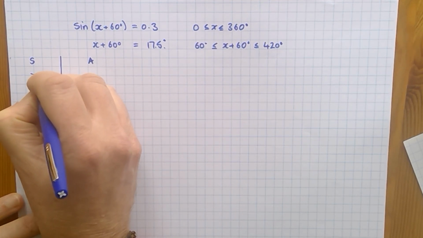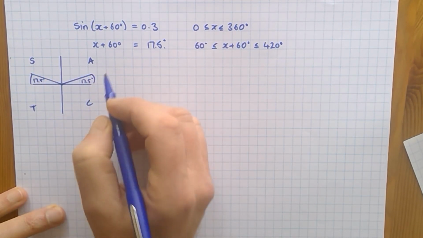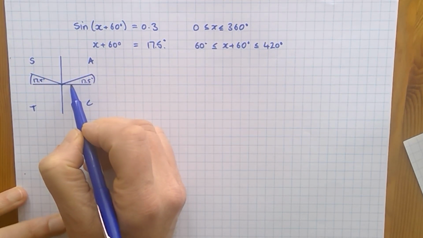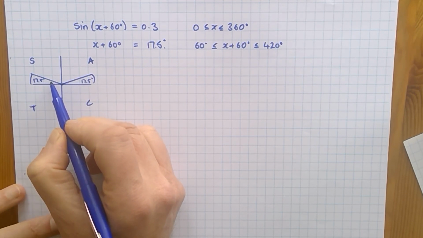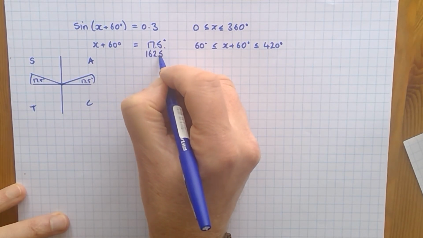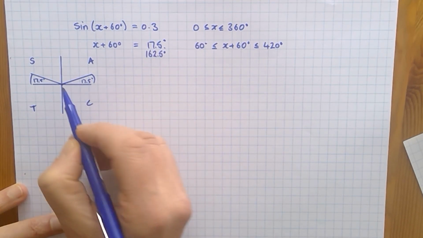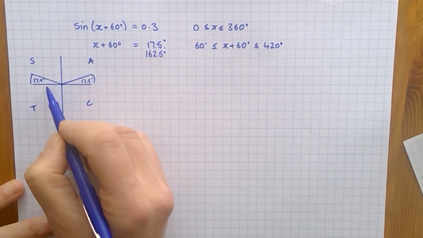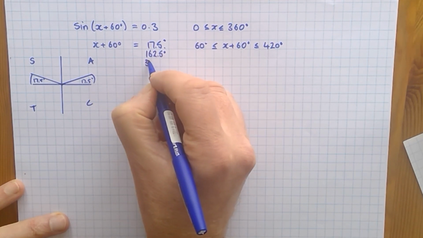This is 17.5. So another value is 180 take away 17.5, which is 162.5. Another value is going to be 360 plus the 17.5, so